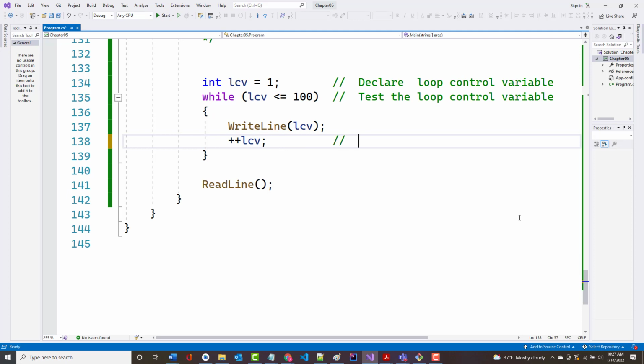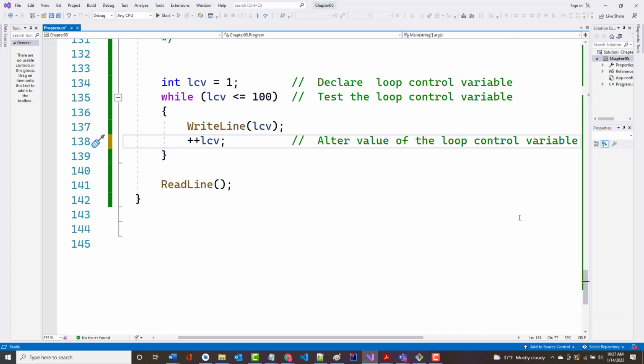The third thing we must do is alter the value of the loop control variable. So those are the three major components of using a loop control variable. Whatever you're looping, telling it how many times, it must have an initial value, must be tested, and must be changed. And I've already shown you this, but if I said a 0 here, it never ran,